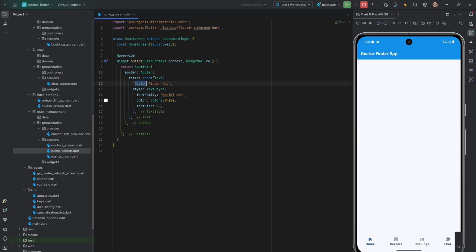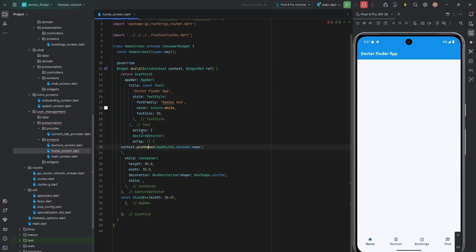So inside the app bar, we can now create actions. So here in the actions are the icons that appear here in this site. So I want us to show a container and use that container to load the profile image of the logged in user. Okay. So since we are loading that data automatically from Firebase, I want us to create methods to load that information. And therefore, inside the user management and inside of data, I'm going to create a file called users